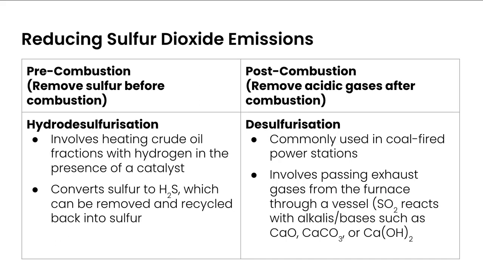Finally, just looking at reducing sulfur dioxide emissions, there are a couple of ways we can reduce sulfur dioxide emissions. We can reduce it pre-combustion, so that means removing the sulfur before combustion, or we can do it post-combustion, which means removing the acidic gases or the sulfur dioxide after combustion. Looking at before combustion, we can look at this process. It's called